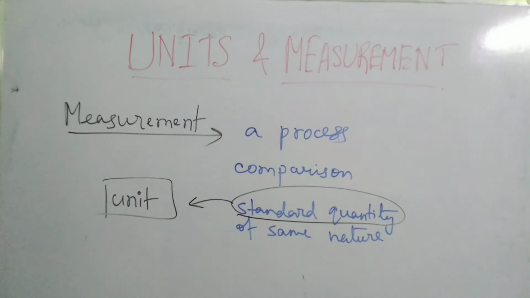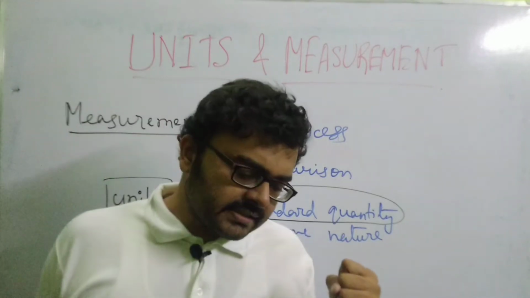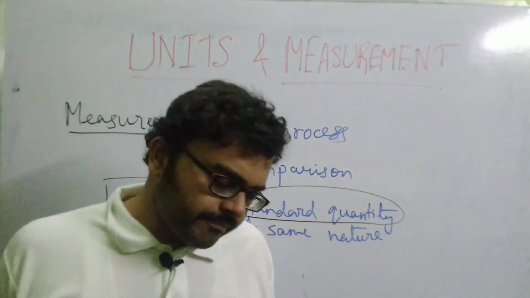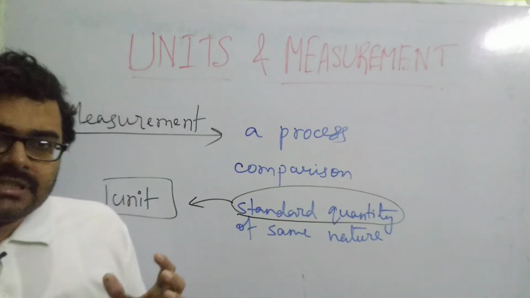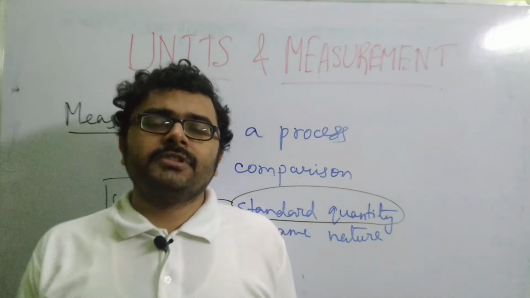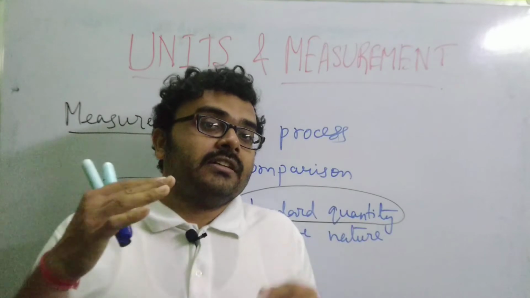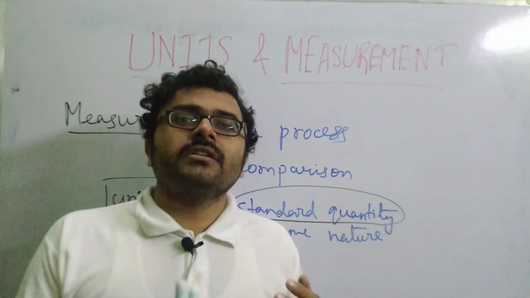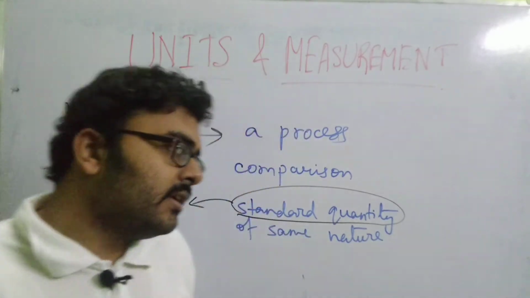Okay, now let's go back to the types of physical quantities. We are discussing the types of physical quantities. There are two types, as we have said earlier, fundamental and derived. So let us see what the fundamental physical quantities are. If you still have confusion in your mind regarding the terms measurement or unit, please pause the video, move back a little, review it once again. You will definitely understand what the concept is all about. Okay, fine.